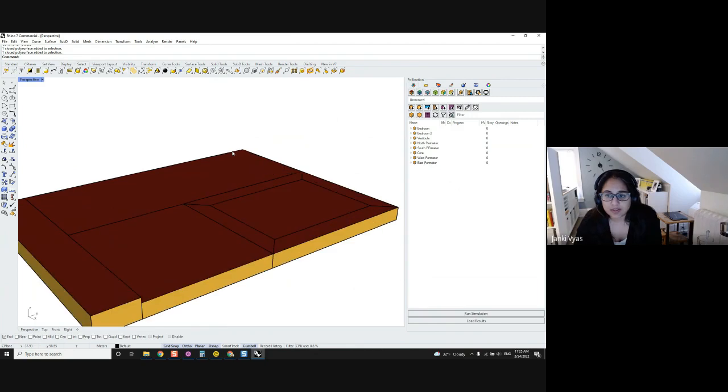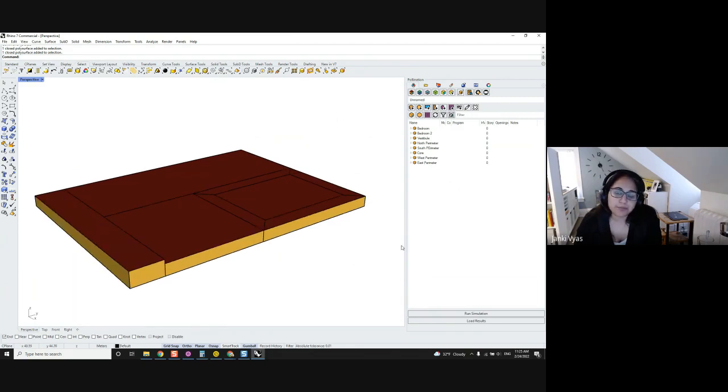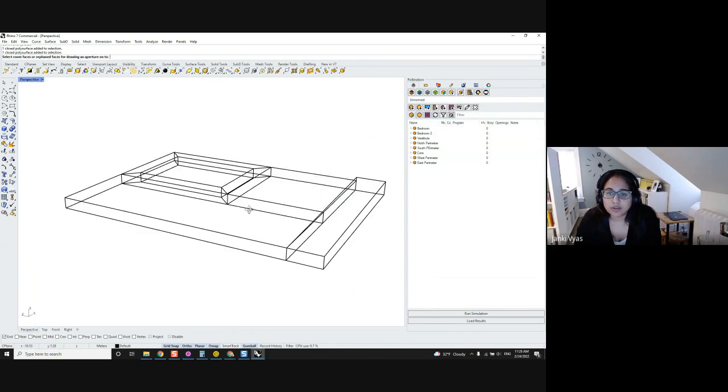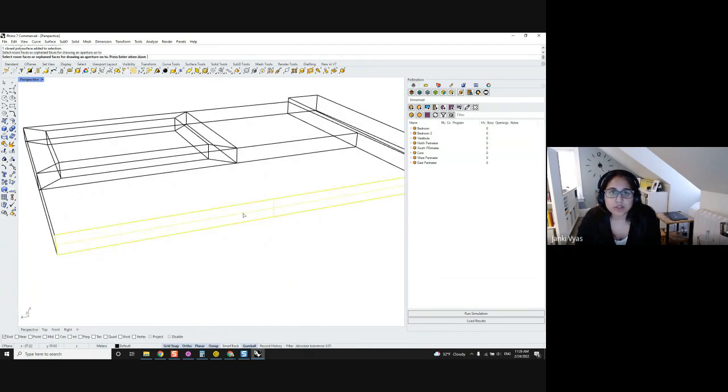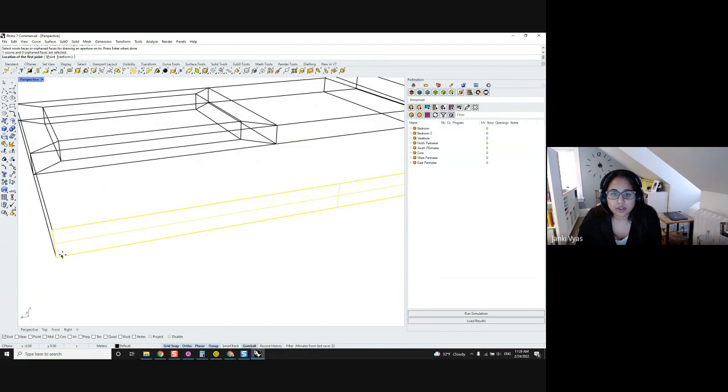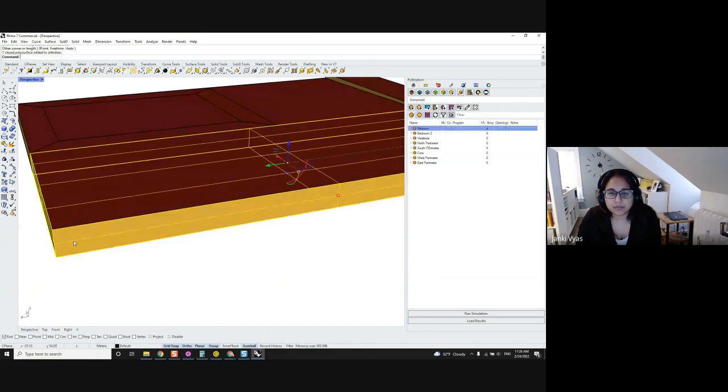Since we were just doing this as a demo, this is just a quick model from scratch. So now that I've renamed all of my rooms, I'm going to go ahead and add apertures. You can draw apertures that you want in a specific order by selecting a surface. Once you select the surface and hit enter, you can go ahead and